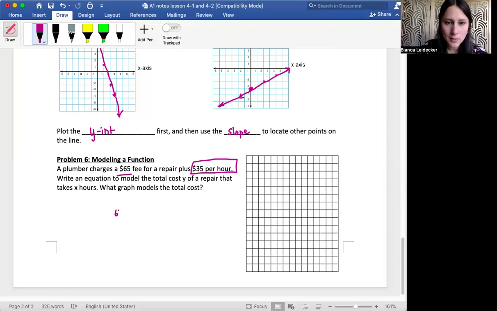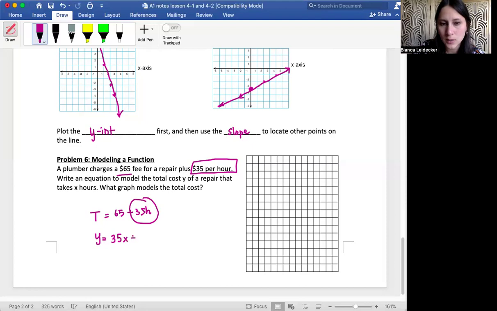So normally we might say 65 plus 35 times H equals the total cost, equals T for total, maybe. However, since this is going to be an equation we draw on a coordinate plane, we are going to transition that $35 per hour, we're going to write 35X,